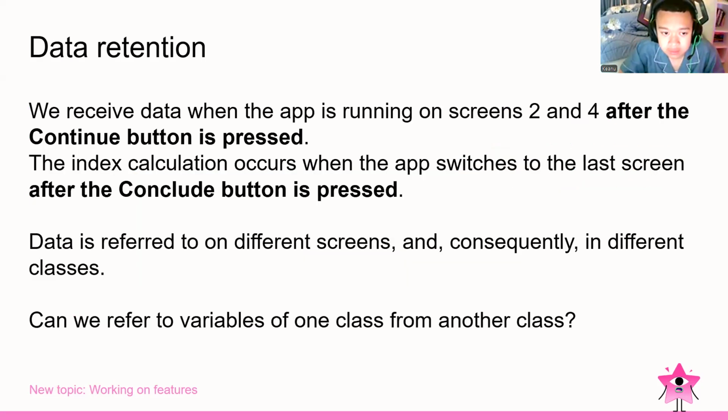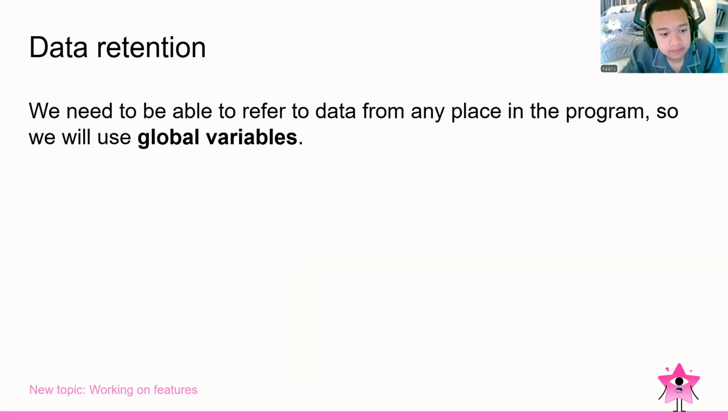We also have the data retention on here. So we receive data when the app is running on screens two and four after the continue button is pressed. We have the index calculations, which occur when the app switches to the last screen after the conclude button is pressed. Data is referred to on the different screens and consequently in different classes. So the question now: can we refer to variables of one class from another class? We need to be able to retrieve the data from any place in the program,